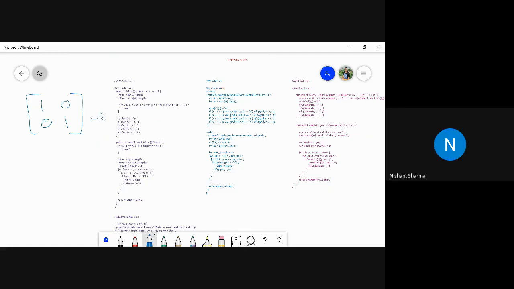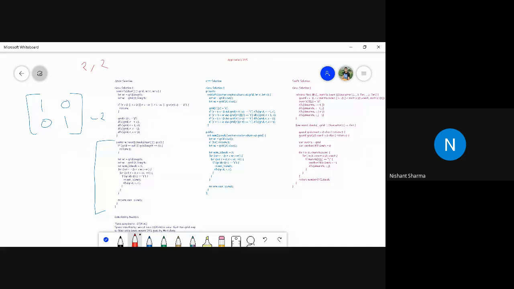This is the simplest input I can take to do the dry run of my code. This is the given method and I need to write the logic inside it. A 2D matrix of character array has been given to me. First of all, the base condition: if the 2D matrix is empty, there will be no islands, so I will directly return 0. Then I will find the number of rows and number of columns. For this 2D matrix, the number of rows and columns is 2, 2.